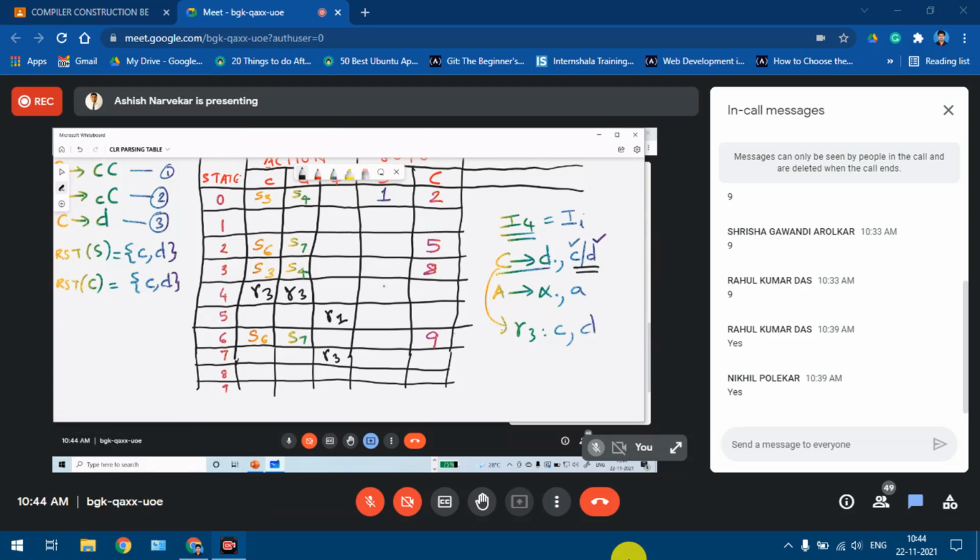Next is state number 8, in which we have an item C gives small c capital C dot, comma, look ahead C or D. That means under C and D we need to write the reduce entry for that particular item corresponding to production number 2. So it will be R2 over here and R2 over here. And finally, the 9th state, we have C gives small c capital C dot under dollar. So that will be coming under dollar as R2.